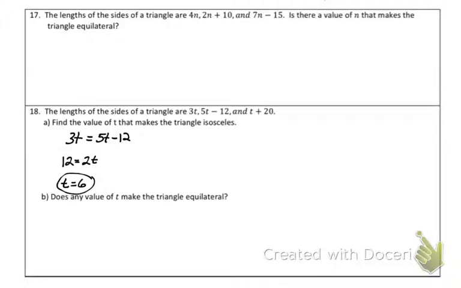Well, the only value that makes these two sides equal is 6. So the only way this would be an equilateral triangle is if I plug this 6 into the last term and made them all equal. All right? So if I plug 6 in for that last t plus 20, I already know these two things are equal, right? If I plug t in here, I get 18, and here I'm going to get 18 as well. So if t plus 20 equals 18,